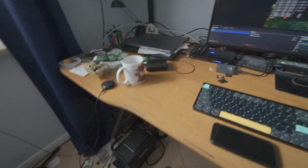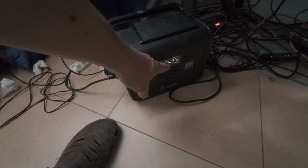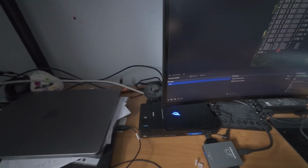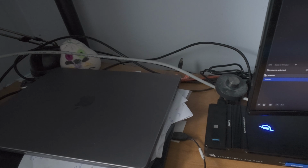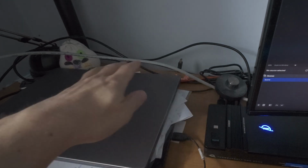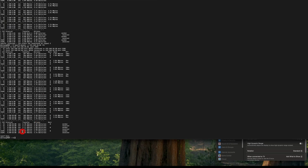And I have this docking station as the only device connected to my power station, and you can see it draws around 14 to 15 watts, which is really amazing because I'm recording video on my Mac. But this is only the docking station, so not monitors. The docking station and the Mac draw 15 watts of power, and the battery in the Mac is 100% full. So as you can see, now I have half the speed and I can actually run the test